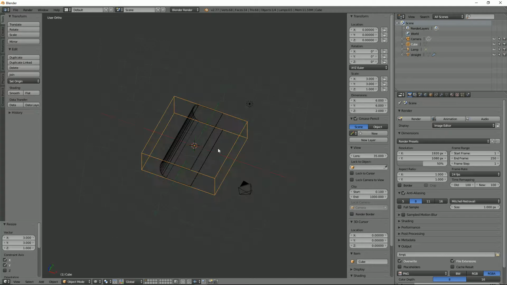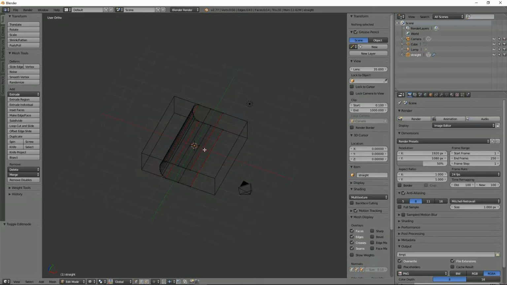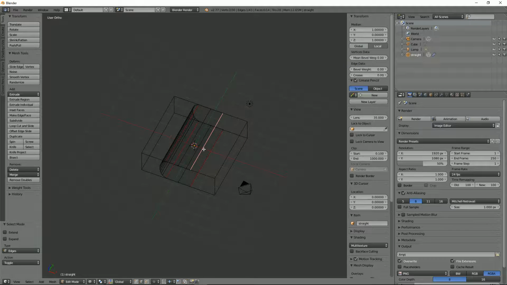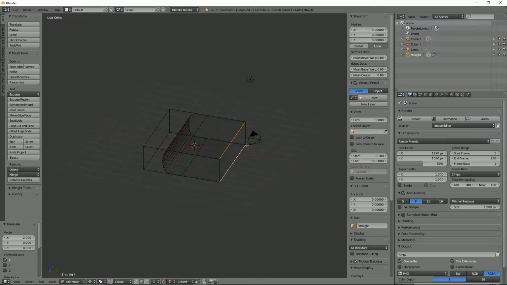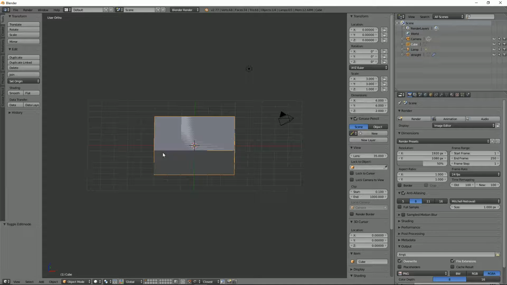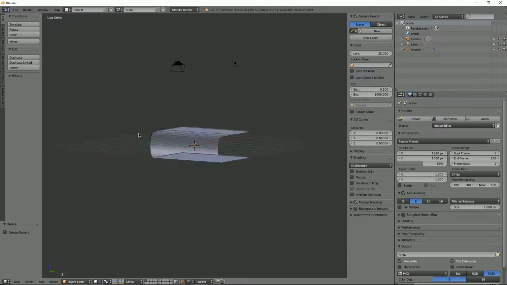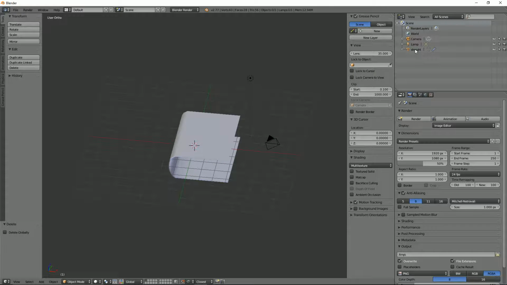So what we'll do is tab into Edit Mode, and grab these. Control Tab 2. Just grab those two edges there. Put on proportional editing, not proportional representation. Thank you. Proportional editing, and if we grab that on the X, G X, and pull it to there. Alright, and now we can tab out and get rid of that cube there. And that is a side wall. How easy was that? Let's just rename that. We'll just call that